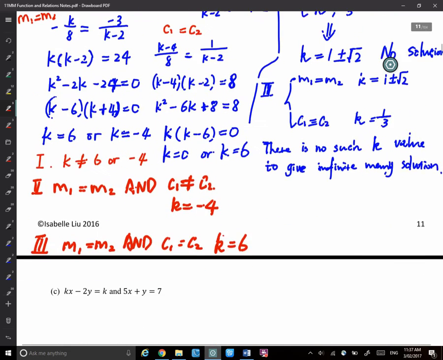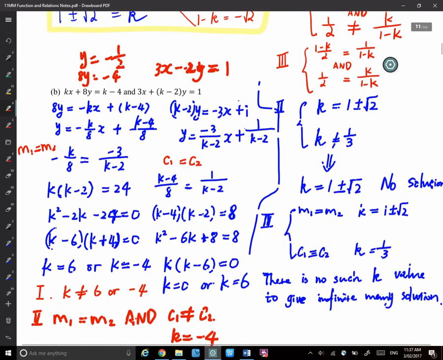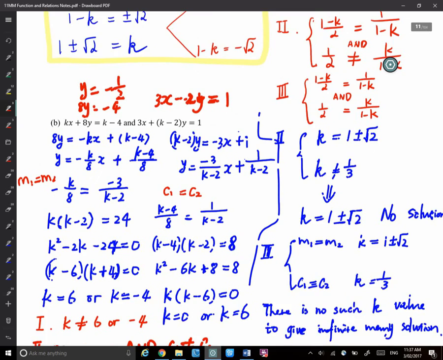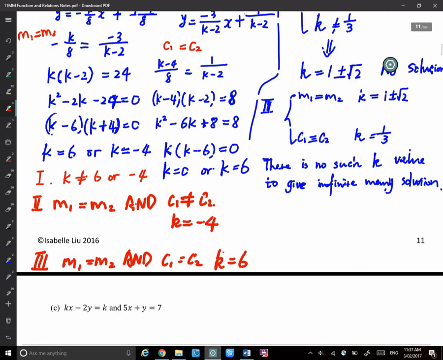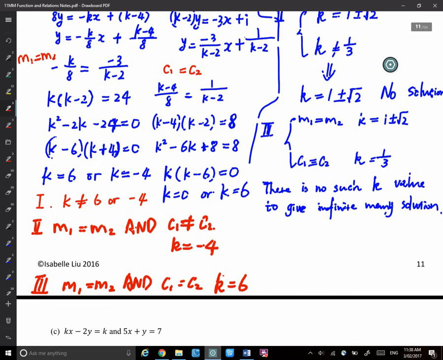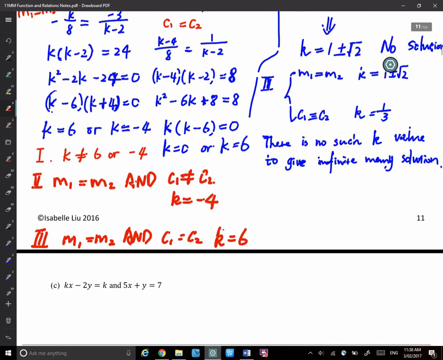So you need to discuss that. You just need to discuss the gradient and you need to discuss the intercept. And you think about three cases. Three cases can give you a unique solution, no solution, and infinitely many solutions. All right, and one thing I need to talk about is,